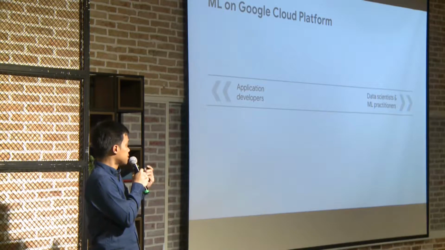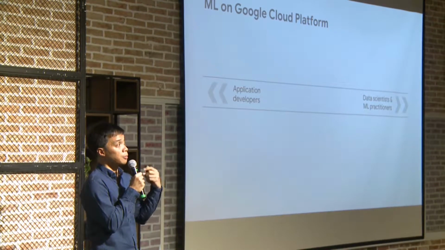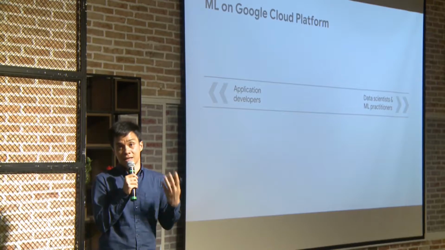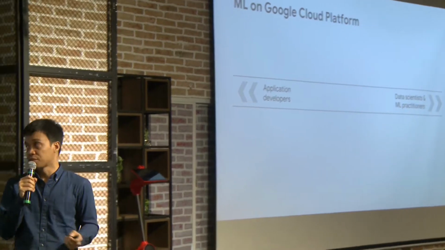Google Cloud offers a variety of products that you can use so that you can quickly create or prototype an idea, or leverage existing platforms that they have been using for their products. For application developers, you have machine learning APIs available. For data scientists and ML practitioners, you can build custom machine learning on the fly using Cloud ML Engine. And for those who hate coding, you have Cloud AutoML. You can automatically create a custom machine learning model on the cloud.